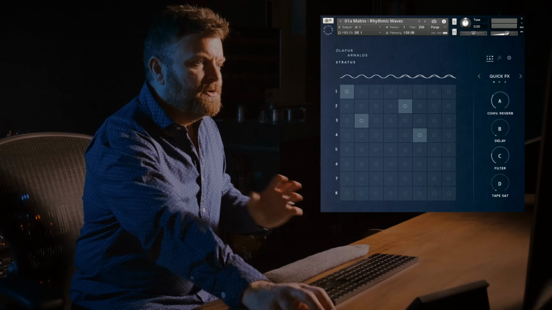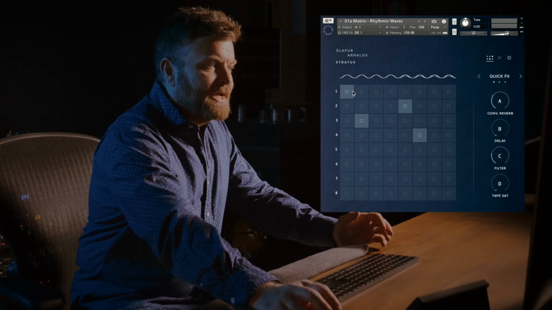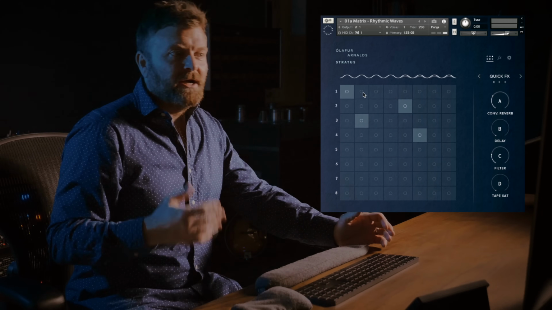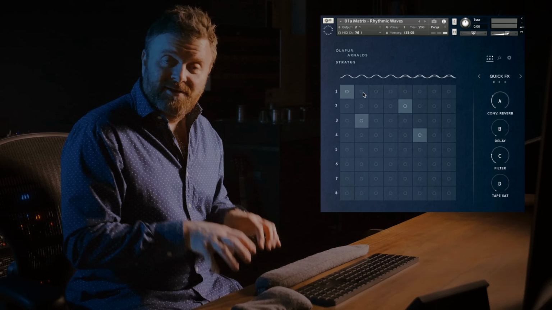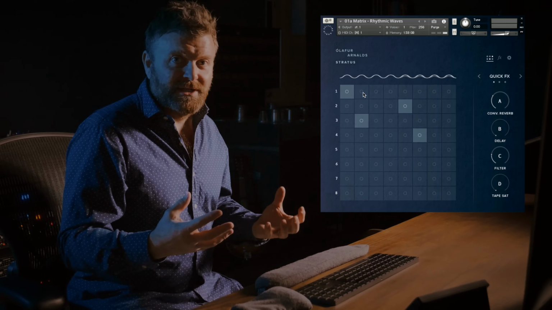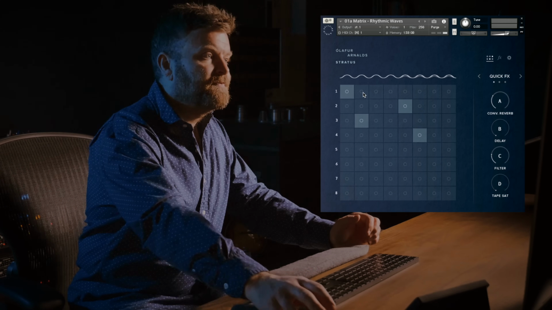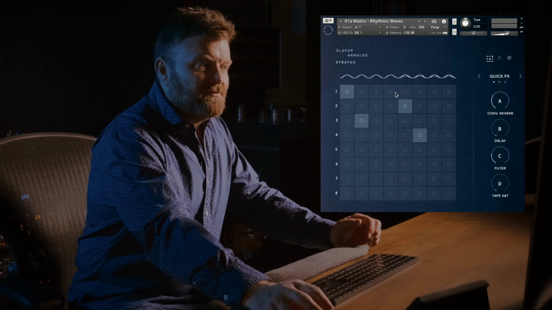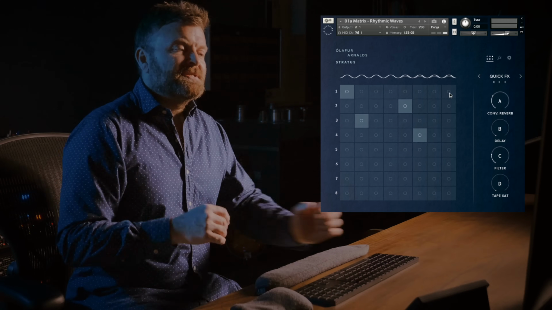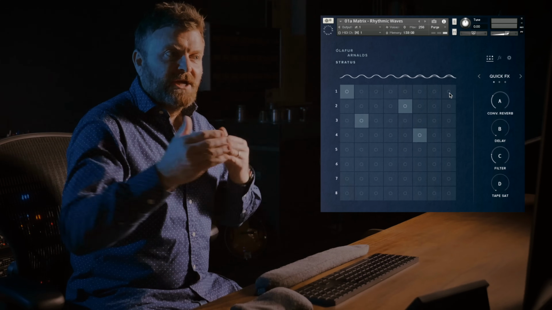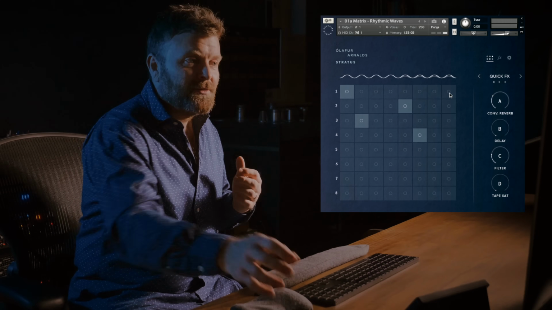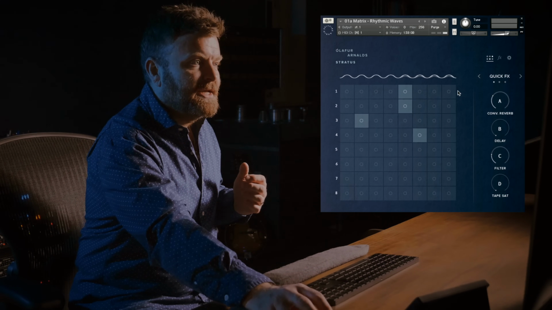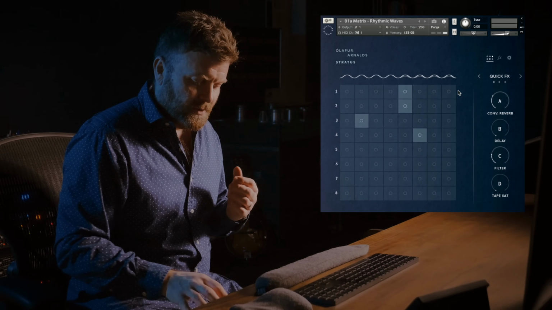Now, if you look at the UI, you'll see that we have 8 rows. Currently, I'm just using 4 of the rows, so I'm just playing 4-note polyphony, but you can increase that very easily, and I'll show you that in a minute. Each of these cells represents a different performance style, and you'll see as we go deeper into this that how they change. For example, if I click here on cell 5 in row 1,